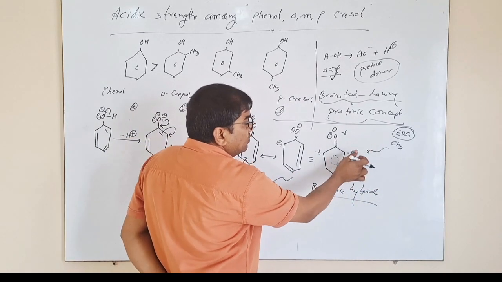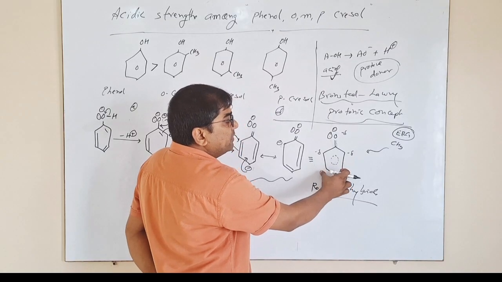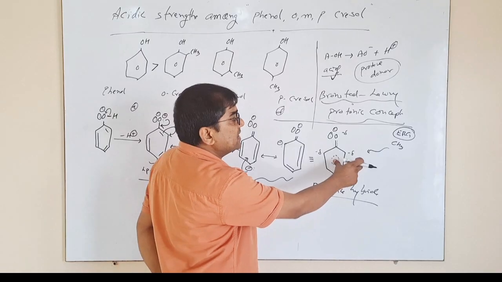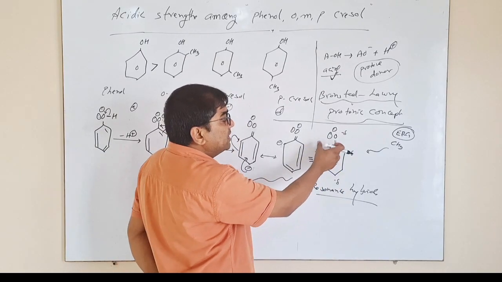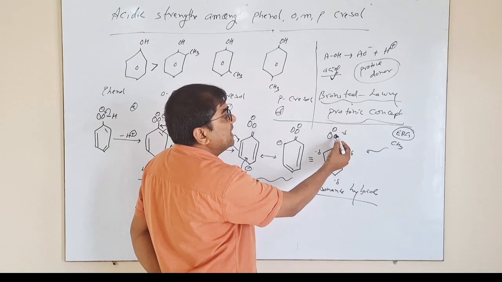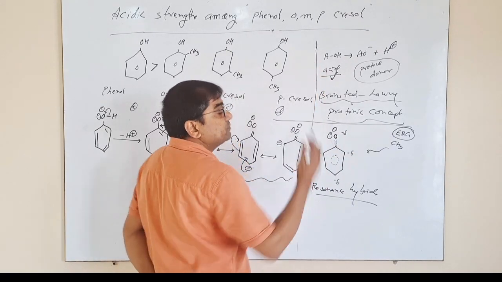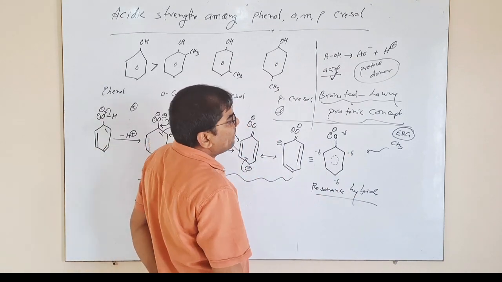This methyl group, when attached at the meta position, will influence a very little plus I effect, due to which a little increase in electron density takes place at the oxygen that is attached with the protonic hydrogen, H plus. I repeat again,